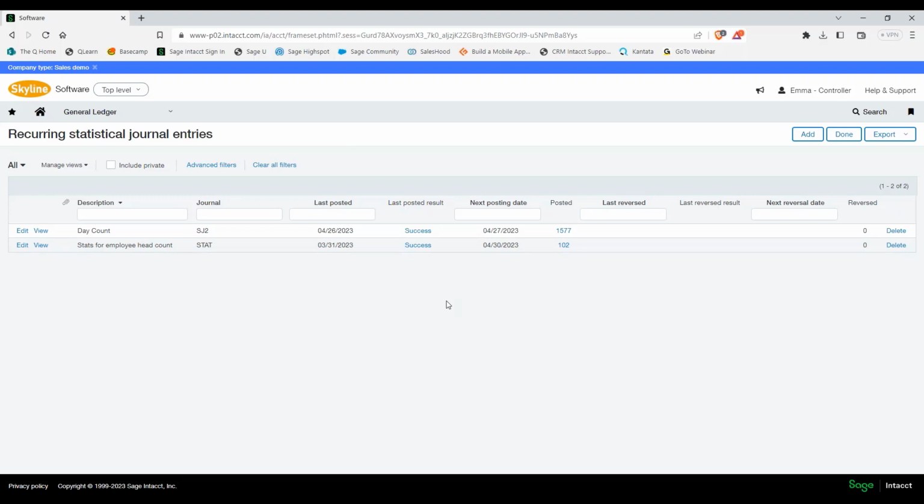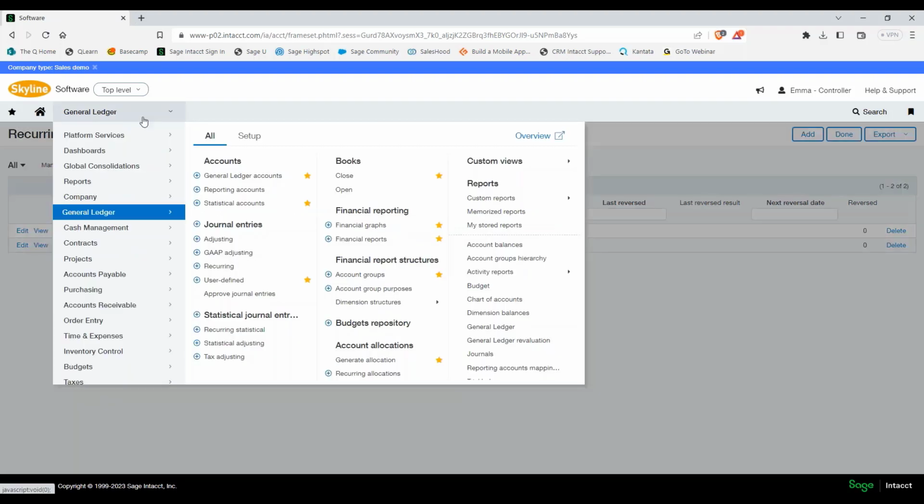So now let's go in and actually leverage some of the data that we have at our fingertips, and let's create a report that will show us how we can use this statistical data. And so what we're going to do, we're going to create a report for payroll and related payroll expenses per hour for a company. And so let's go in and look at the actual accounts that we're going to be using to create this